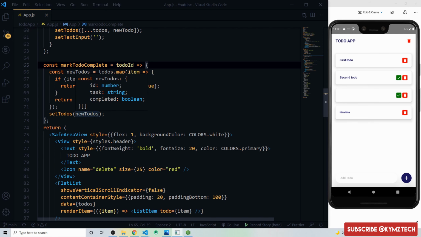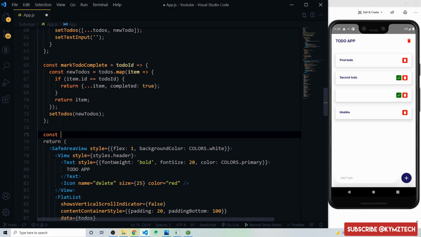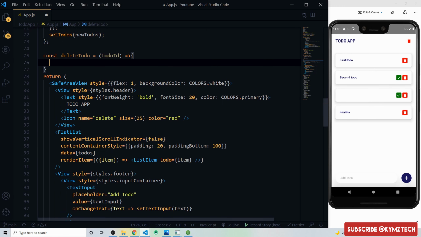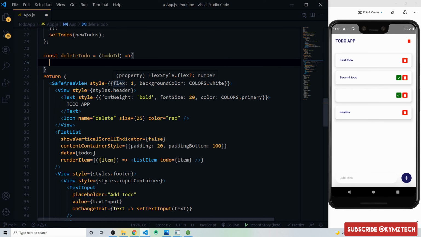So the next step, we are going to delete the to do. To delete a to do, we are going to create a method called deleteTodo. So say deleteTodo, which is going to take an ID also. So say todoId, and over here we are going to filter out the to do. To do that, we'll create a new variable called const, and we'll call it newTodos,